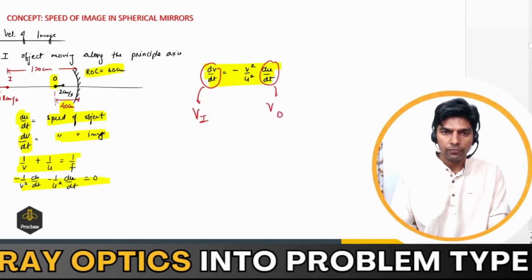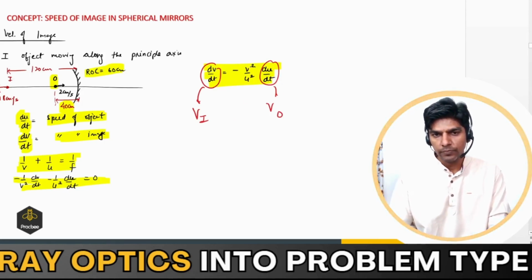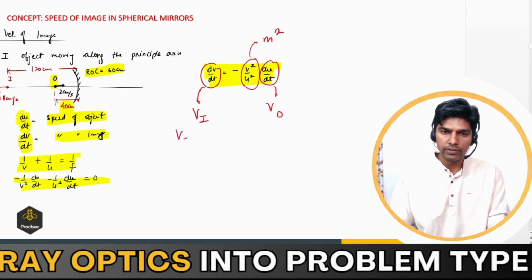And v square by u square, you can say this is nothing but the square of the magnification. So you should remember this formula, vi is equal to minus m square v naught. Now if you look at this problem,